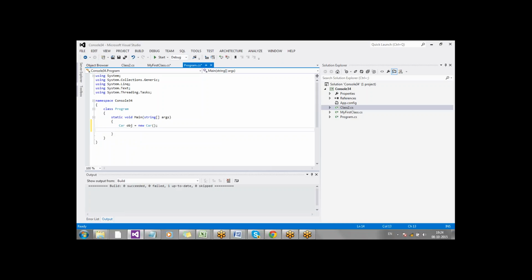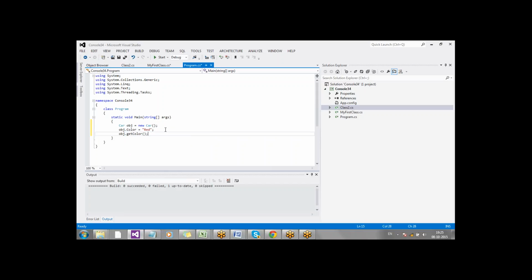Exactly. Now I should assign some value to the members of my car object. So obj.color equal to red. And I'll call the method also. How will I call the method? obj.GetColor.